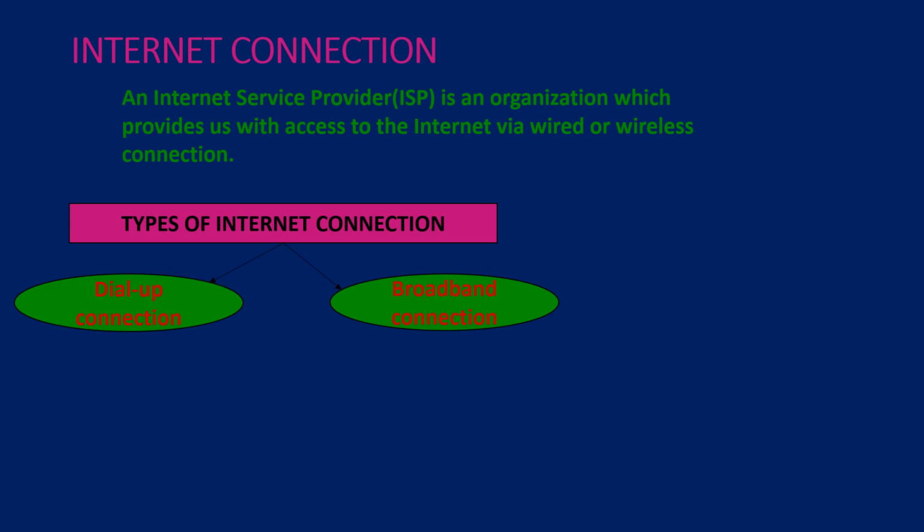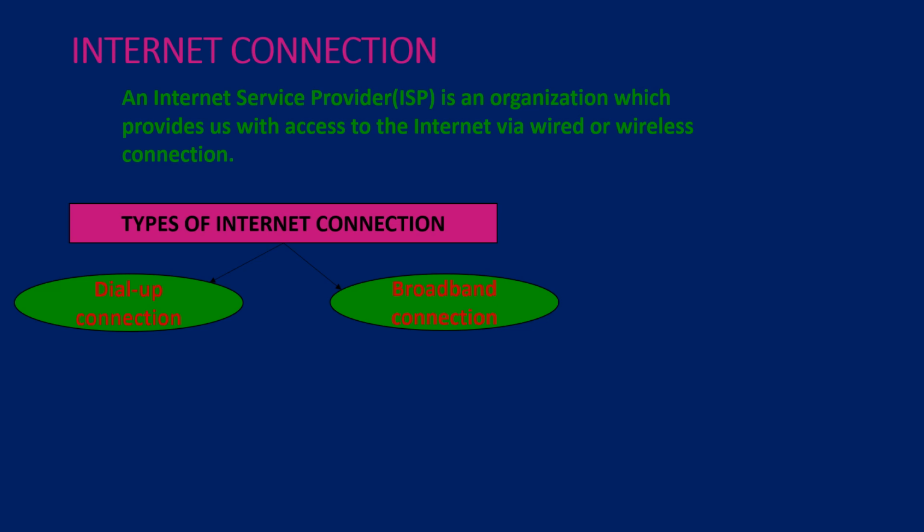Students, you already know about the use of a modem. It connects a computer to the telephone line, which serves as the data transfer medium. When a user initiates a dial-up connection, the modem dials the phone number of the internet service provider, and then we are able to access the internet on our computer.